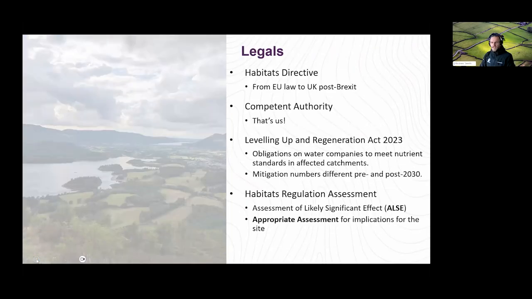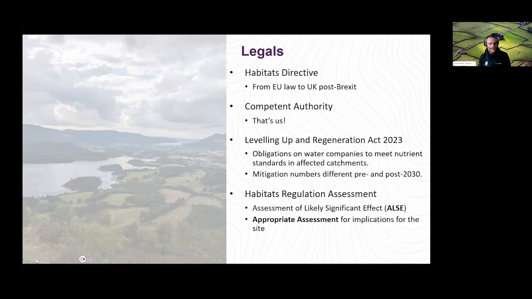Why is this a thing? It's all to do with legals. It's all to do with the law. It's not new law. It's long established law. It's just that as we've come to understand more about the condition of our watercourses and realize that our lakes and rivers are not in the condition that we need to be, the way that the law operates is it